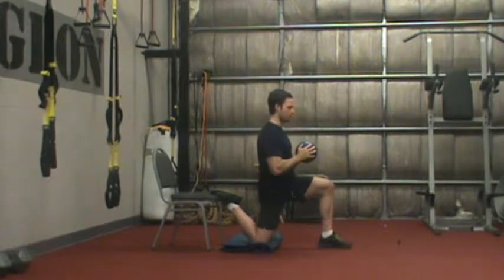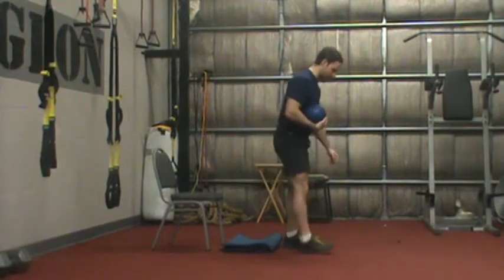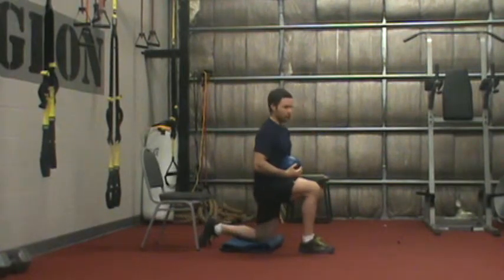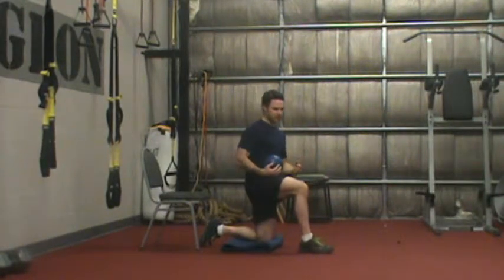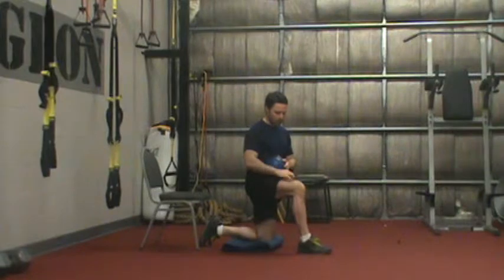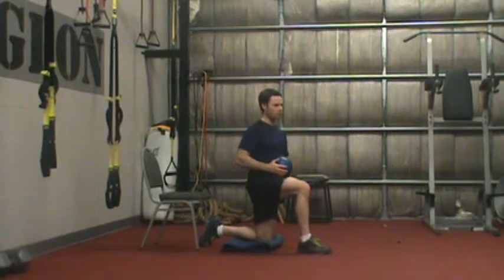I'm just looking for 10 reps of that. So we're going to do that 10 times on one side, and then we're just going to switch sides and do the other leg. Now this leads me to the regression for this exercise. If you start to cramp in the hamstring or you can't get to that position comfortably, you can simply lower the foot either to a lower surface or just to the floor